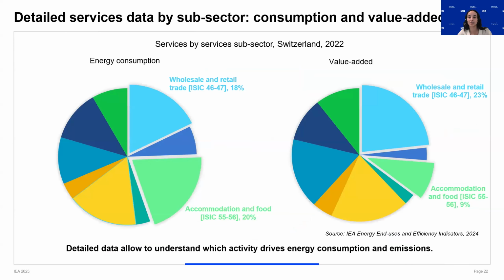But the weight of each subsector in energy terms might not relate to its output expressed with value added. For instance, accommodation and food services provide little wealth but consume 20% of the services energy. The energy efficiency indicators, here in megajoules per USD, show that wholesale and retail have a significantly lower intensity than accommodation and food services, because the ratio of energy consumption and value added is smaller than the accommodation and food